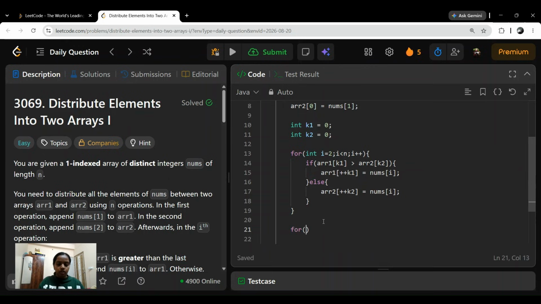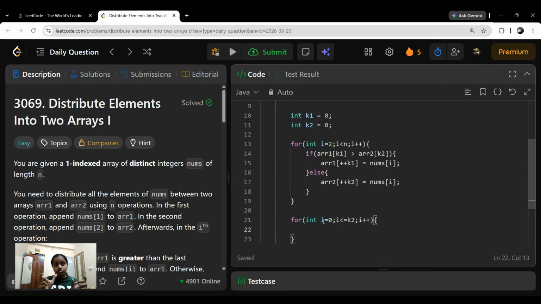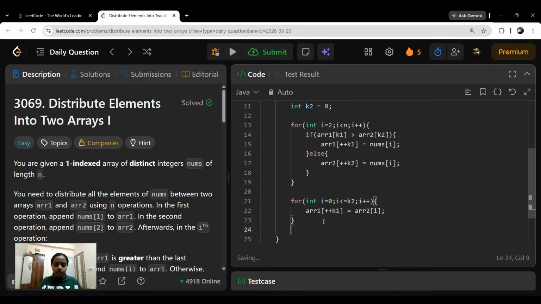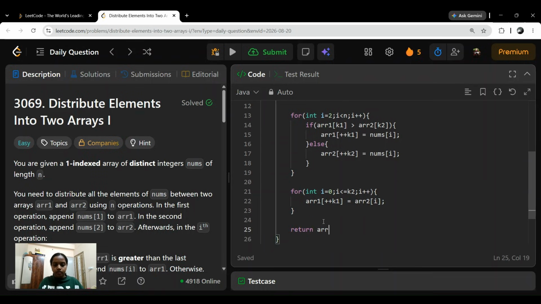For int i equal to 0, i less than or equal to k2, i plus plus, because we don't want the whole array, only up to that element. Now arr1 of plus plus k1 is equal to arr2 of i, not k2. And then we should return arr1.